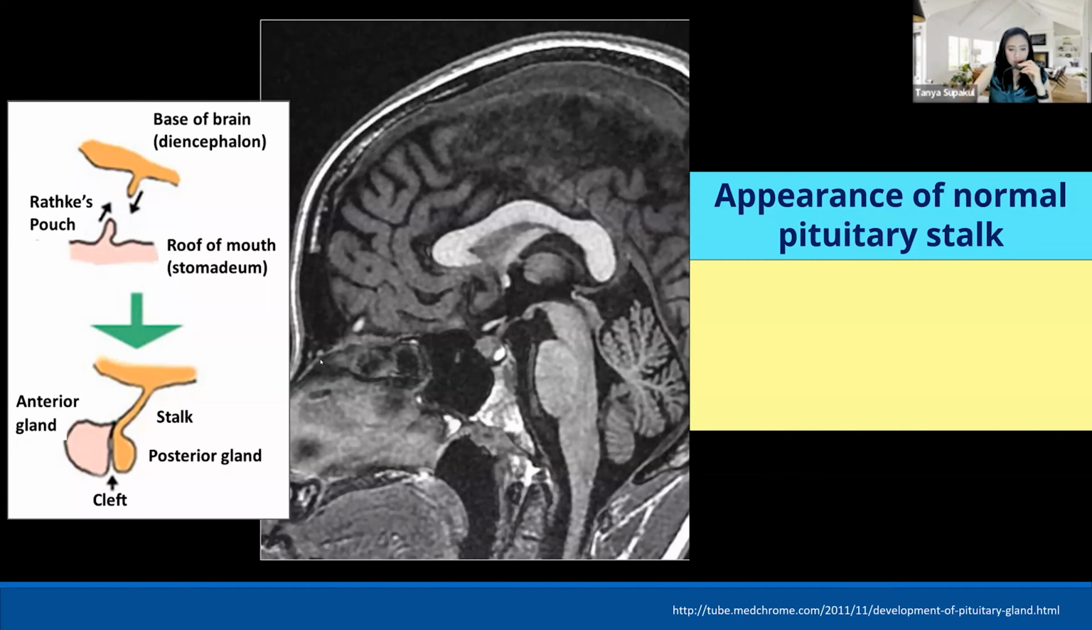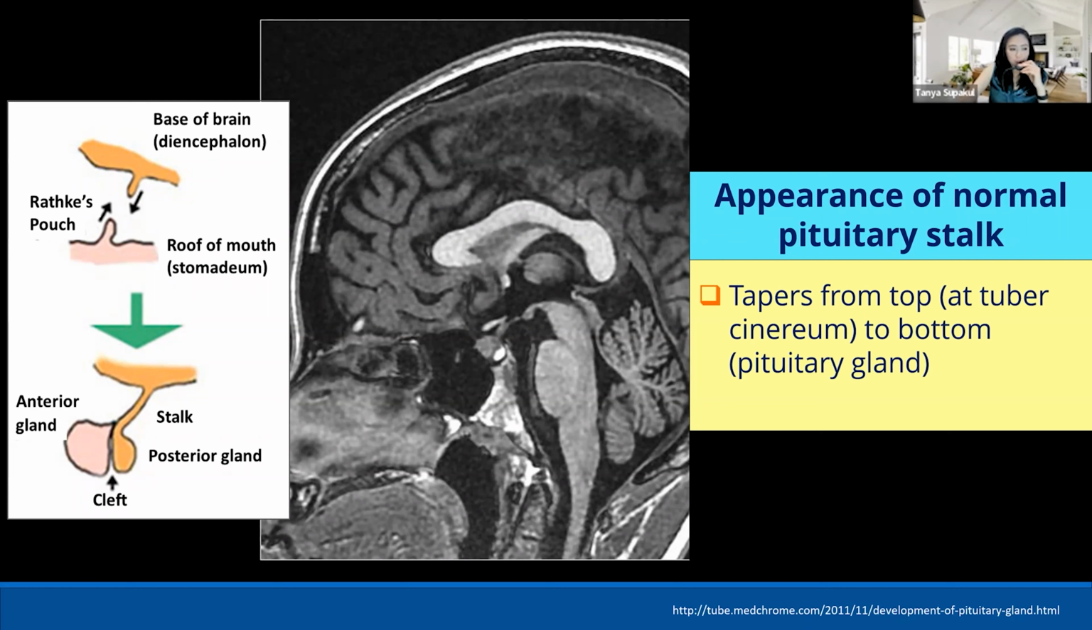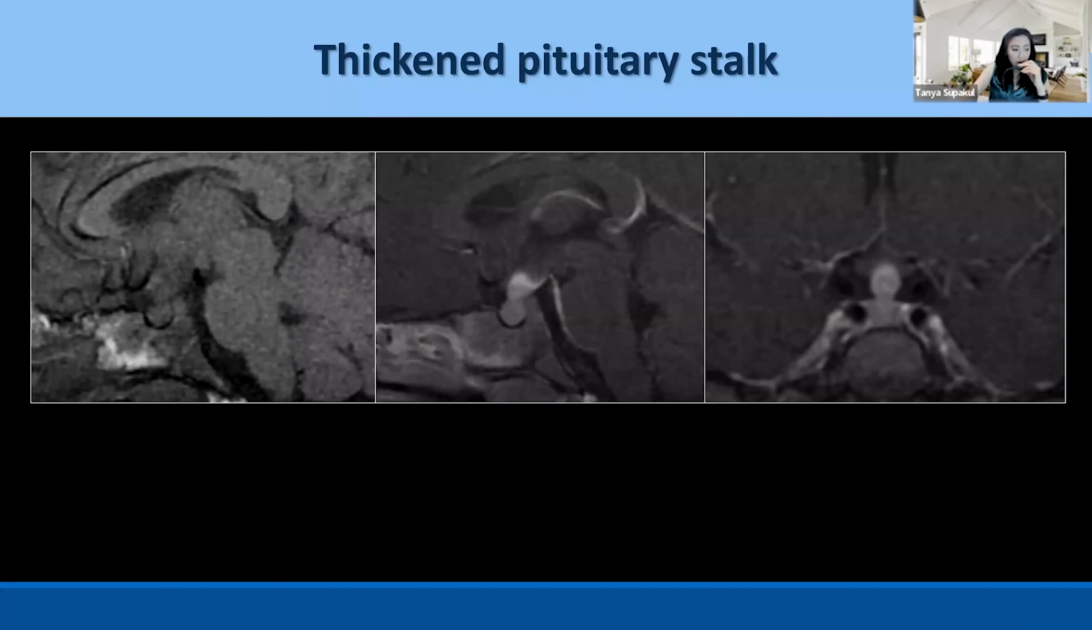And then the next thing that we are going to talk about is the pituitary stalk. The normal appearance of the pituitary stalk should taper down from the tuber cinereum down to the pituitary gland, and it should not be bigger than 2 millimeters in thickness. Now, when you see a thickened pituitary stalk,